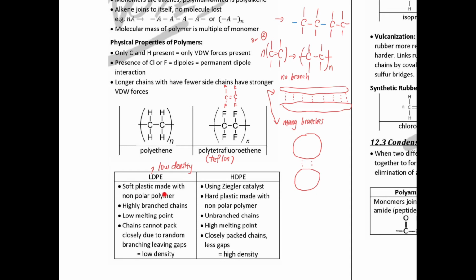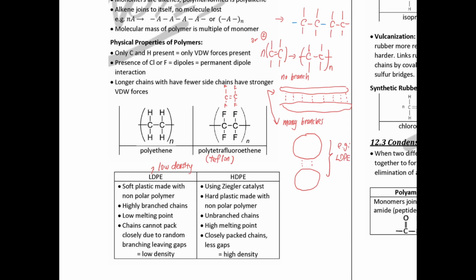Non-polar polymer. So, for example, this one, only carbon and hydrogen are present, and so they are non-polar. Highly branched chains, so there are this type. Okay, so highly branched chain. So I write here, example,